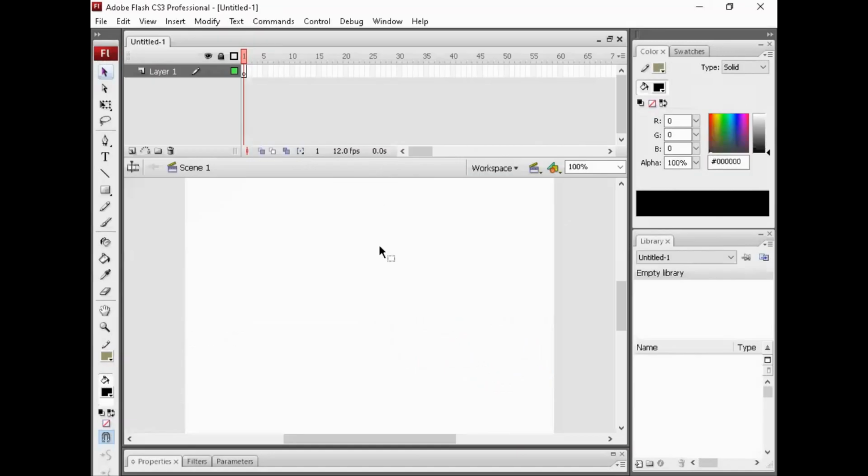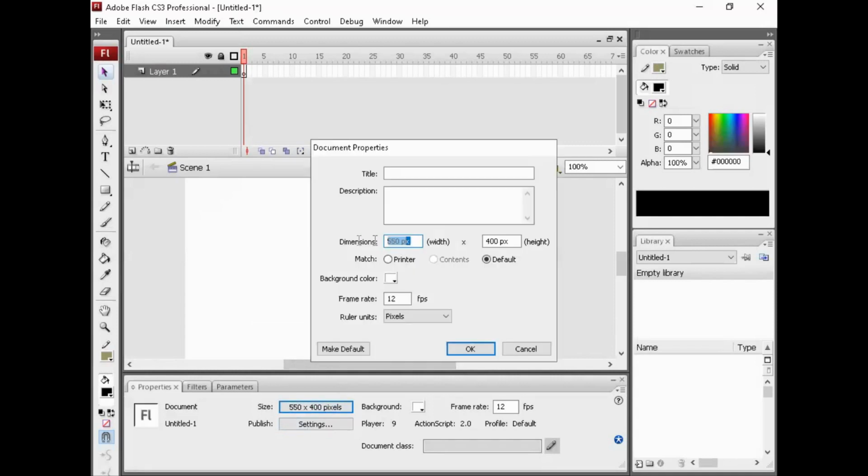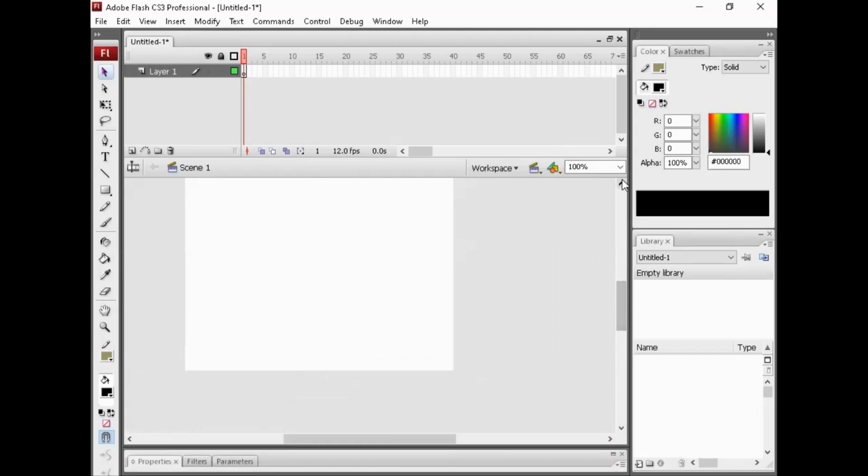Okay, on Corel I have an area of 400 pixel width and 300 pixel height, but now we can set the size first. Yeah, we can edit first with dimension 400 pixel width and 300 pixel height, the same as the resources on CorelDRAW. Okay, that's it. Okay, I will minimize. Okay, that's the area.